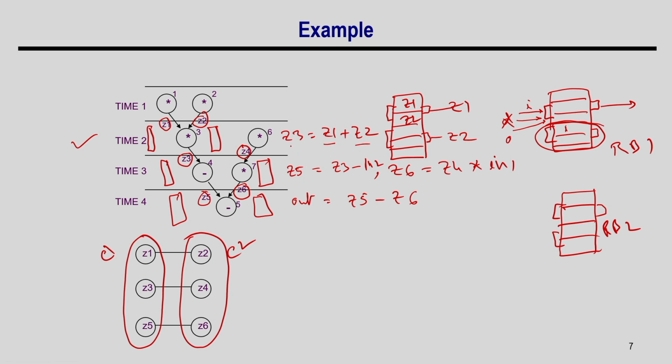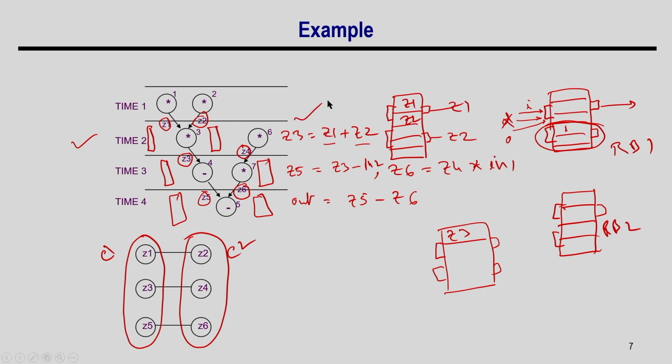So, there are 2 reads and 1 write, but you have to access that location. At the same time, since it has 2 ports, I cannot access 3 values, hence I cannot map both Z3, Z1 and Z2 into the same bank. So, I have to put Z3 in this bank. Let us say I have another bank of 2 ports, right. So, this is how I solve the first step.